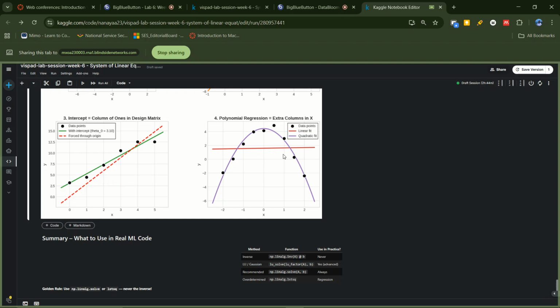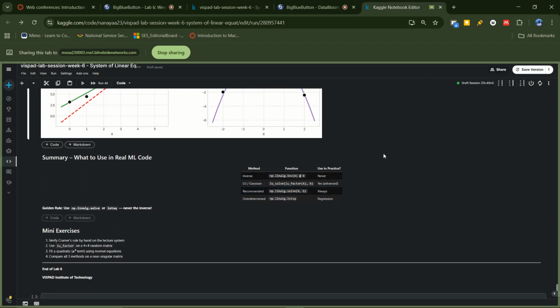so the overall purpose of the figure is to understand that determinants describe how matrices can distort shape, how one particular matrix can be transformed to another because of some matrix, and how linear systems can be solved by finding the intersection of the geometric constraints, and how linear regression needs an intercept, that is a whole column of ones, to avoid a biased fit or biased predictions, and how polynomial regression is just a linear regression but has extra columns for higher order terms, so as to make the model a bit flexible to fit your data points. Okay,